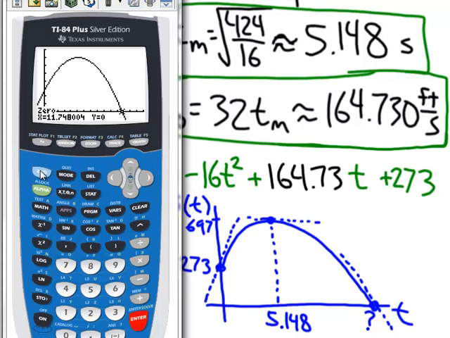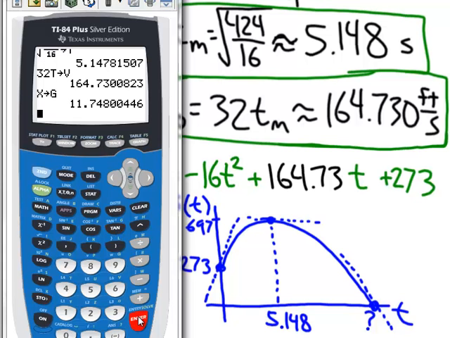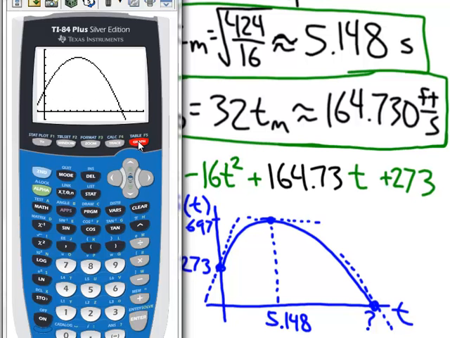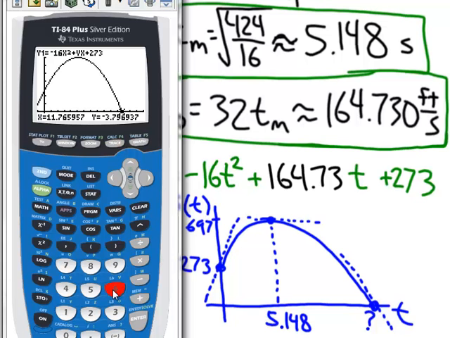So again, to exercise that stowing of variables, I'm going to go to quit. I'm going to say take that x value, stow it. Now I've already used t, and just in case I wanted to come back to that maximum height time again later, let me stow that as a different variable. I'll stow it as g for ground, 11.748. And then I'll go to the graph here, and I'll go to second calc dy over dx, number 6,